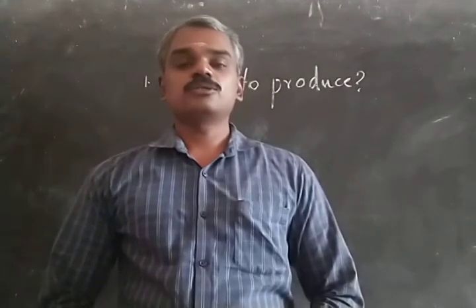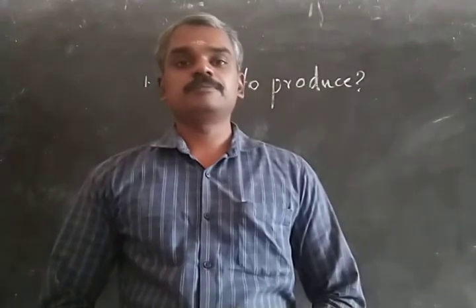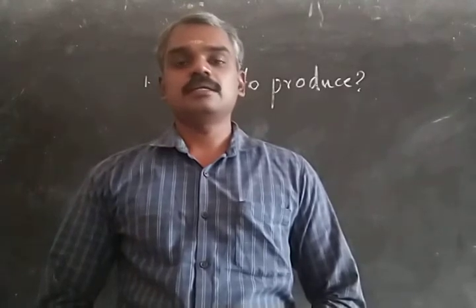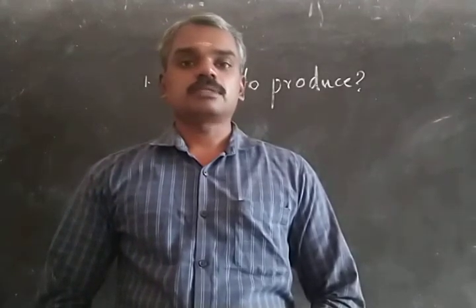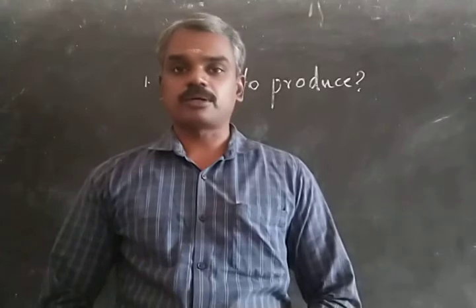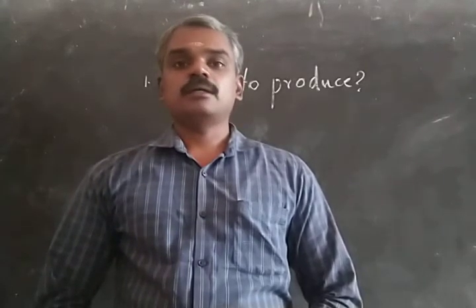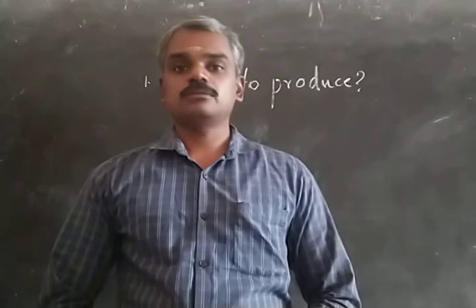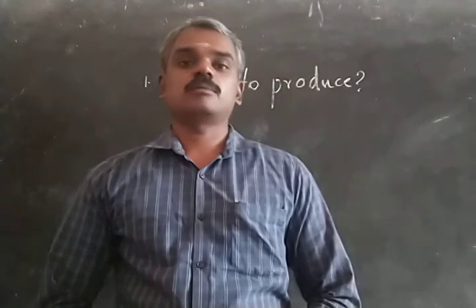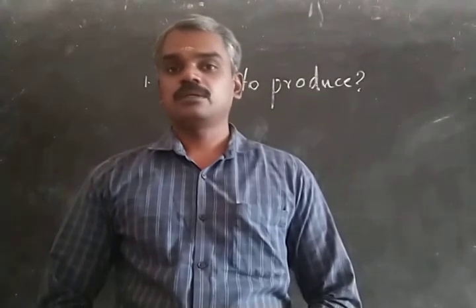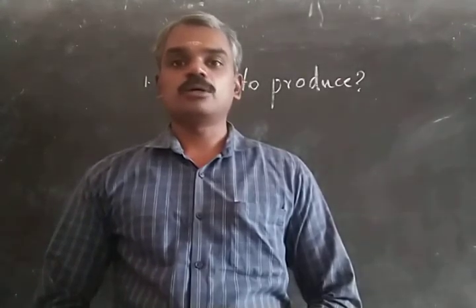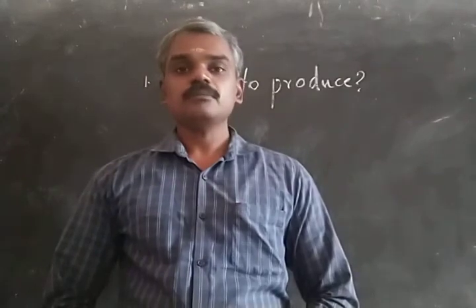The second question related to what to produce is a choice between consumer goods and capital goods. Consumer goods are those commodities which instantly satisfy consumer demands, whereas capital goods are those commodities which are used for further production. But keep in mind that some consumer goods may be durable in nature, and so they may not only give instant gratification but also give you gratification in the future as well. So the second related aspect with regard to what to produce is a choice between consumer goods and capital goods.